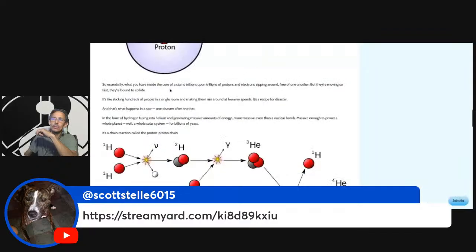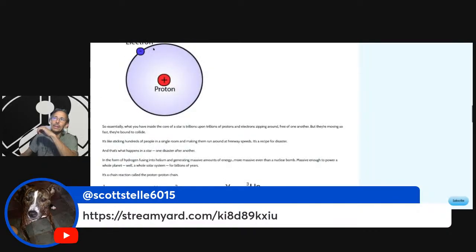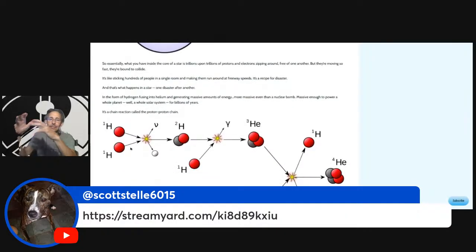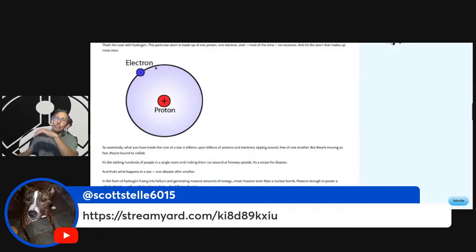Going back to this image, so you have up quark, down quark, strong nuclear force, electromagnetic force holding the electrons. But since they're all packed together, this is not accurate. This is a very primitive view. We now know that that electron is not in a solid orbit. It's more in a predictable cloud around the proton.